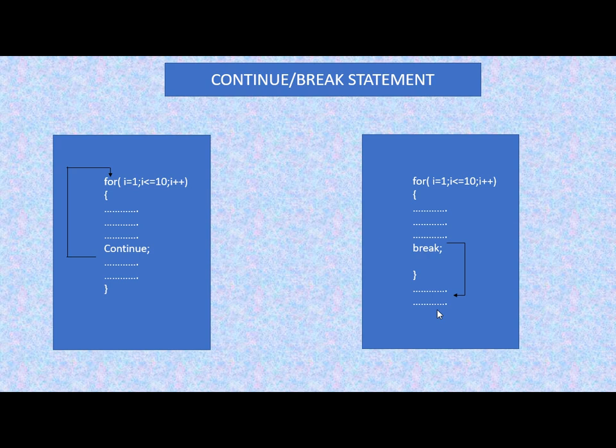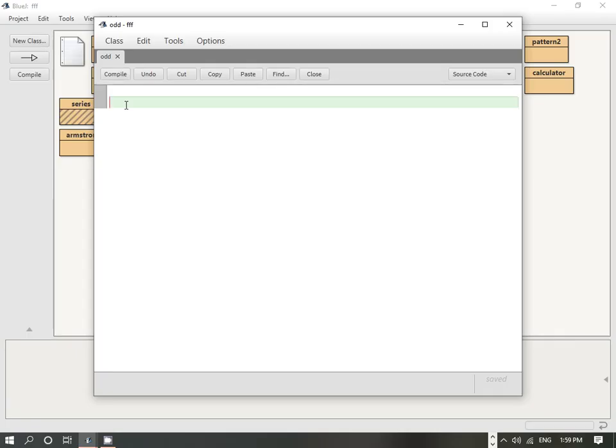Now let's learn how to implement the continue and break statements in our Java program. We are going to print all the odd numbers using the continue statement, and we will also use the break statement in the same program, and see what the difference in the output will be. I have created a class odd. Let's write down the code for this: public class odd,